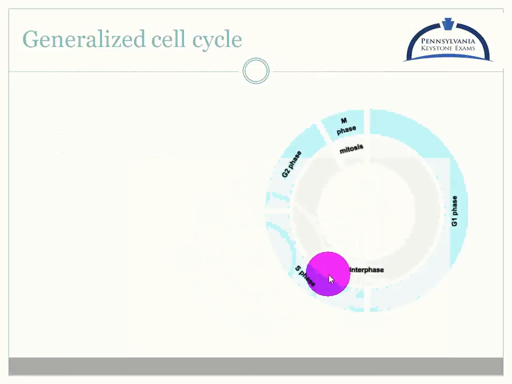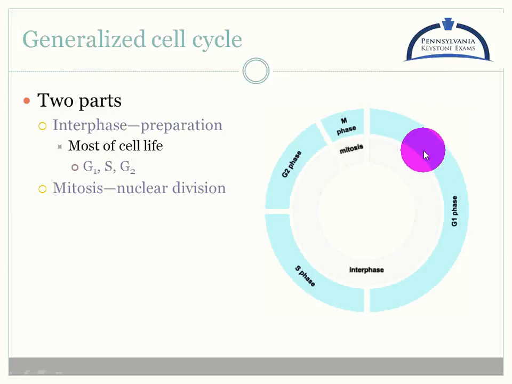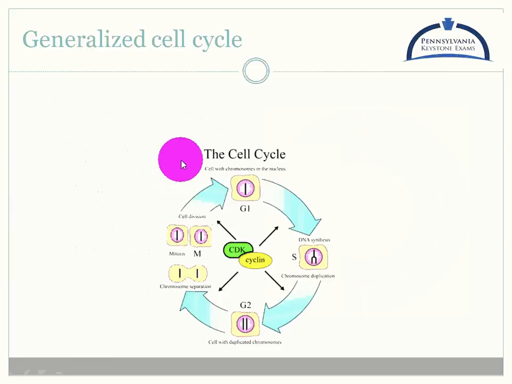However, if we're looking at the normal cycle, we're looking at something like this. You see the cell cycle, and the biggest chunk here is a part called interphase. Interphase is really all about preparation, while this little teeny tiny sliver, that's mitosis. That's where the actual dividing happens. We take interphase and break it into three parts: a G1 piece, an S piece, and a G2 piece. Then our mitosis piece, or M phase, we split into four parts: prophase, metaphase, anaphase, and telophase. We're going to talk about all these in a little more detail.